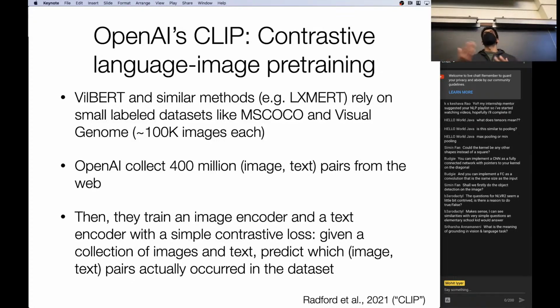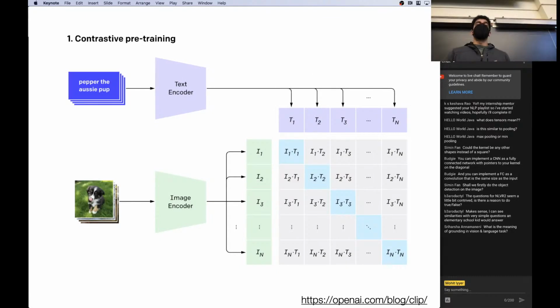They use a very simple contrastive loss to do this, but you can view it as a classification problem. Given an image, which of thousands of different texts is the one that actually occurred in this data set? And even though it's very simple, with 400 million images and very large networks, you can learn an incredibly powerful multimodal model. I basically just described this, but